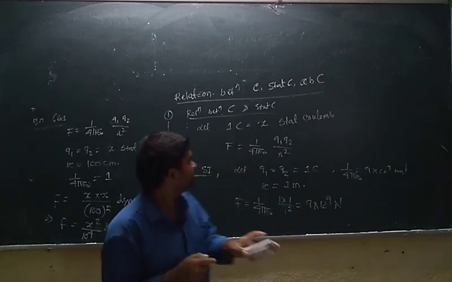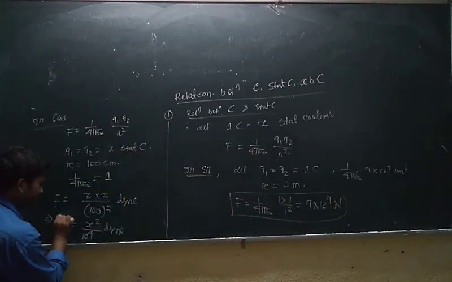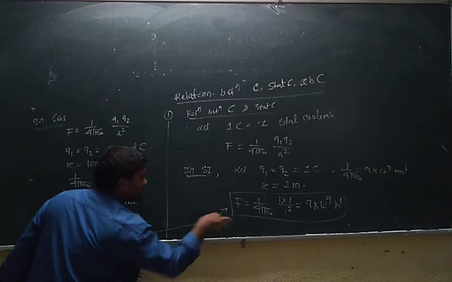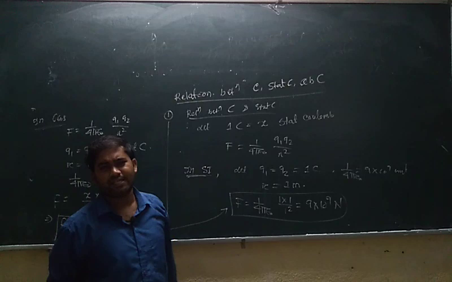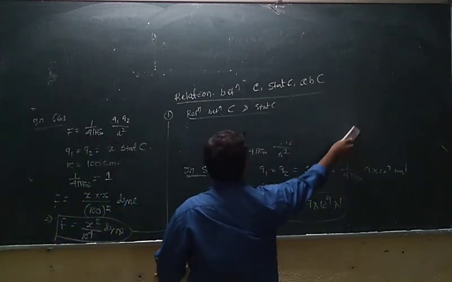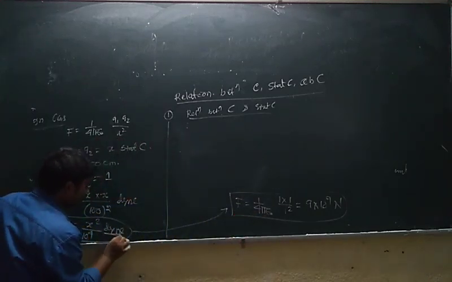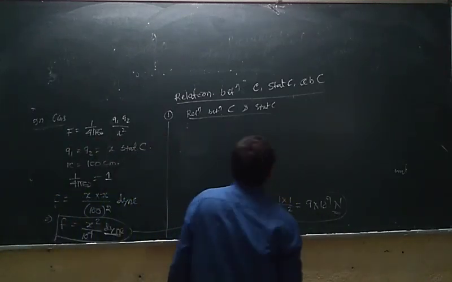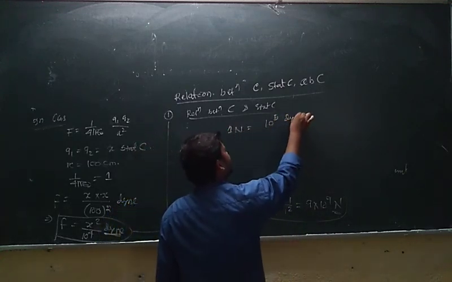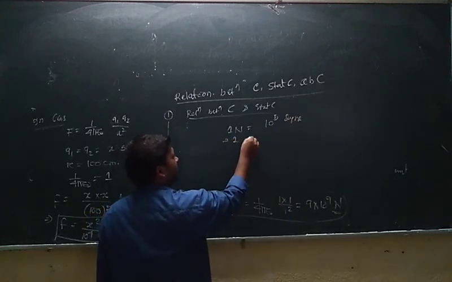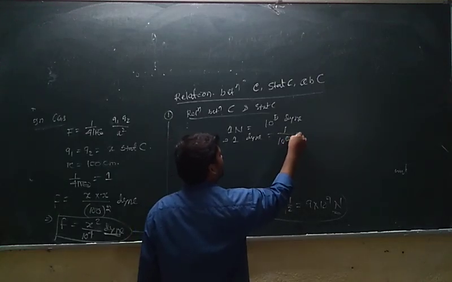Okay, we know, because we have to relate these two things, we have to take the relation between these two results that we measure in CGS system and SI system. So now take a relation between these two relations that we obtained. Here the unit is dyne and here the unit is Newton. And 1 Newton equals 10 to the power 5 dyne. So that's why we can say 1 dyne equals 1 by 10 to the power 5 Newton.